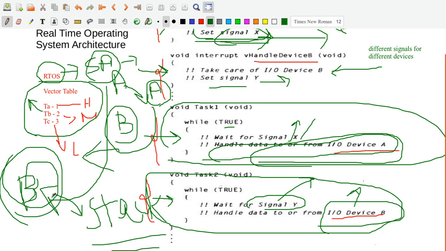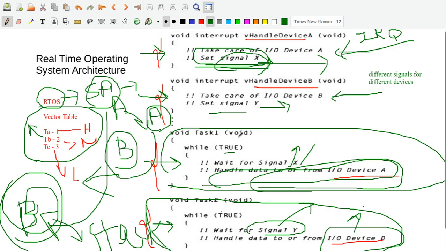But one thing you have to note here is that task A can preempt the task B. In the earlier function queue scheduling architecture, this was not there. B had to be completed, and only then A was serviced. But here B can be preempted by A. There are two things: one, different signals are being set and you have different task codes.